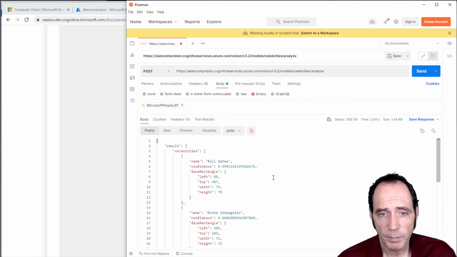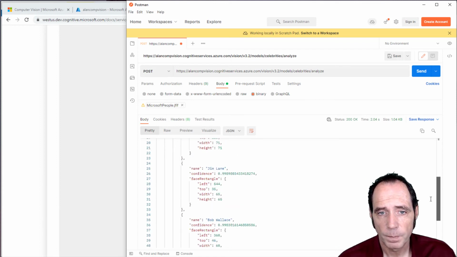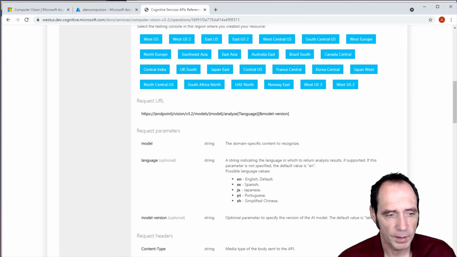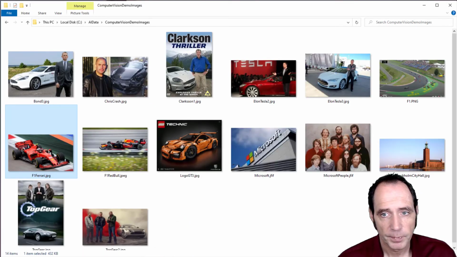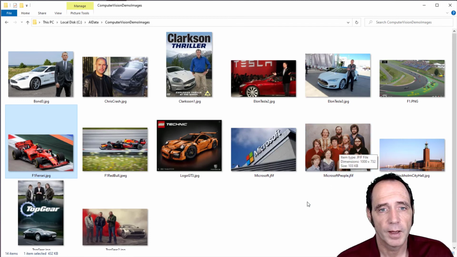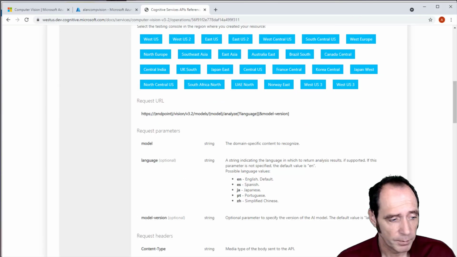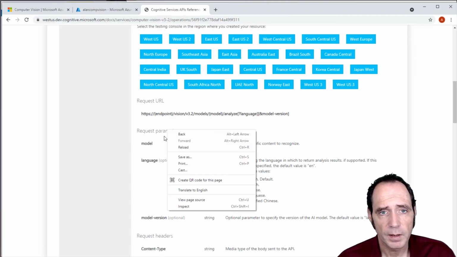So it has recognized Bill Gates. It's recognized Ernie De Gregorio, Jim Lane, and Bob Wallace. So these are the 4 people out of the original Microsoft team that Cognitive Services classifies as celebrities. So let's try a few more, because I got quite a few celebrities in these sample images. So if we go back to Postman,